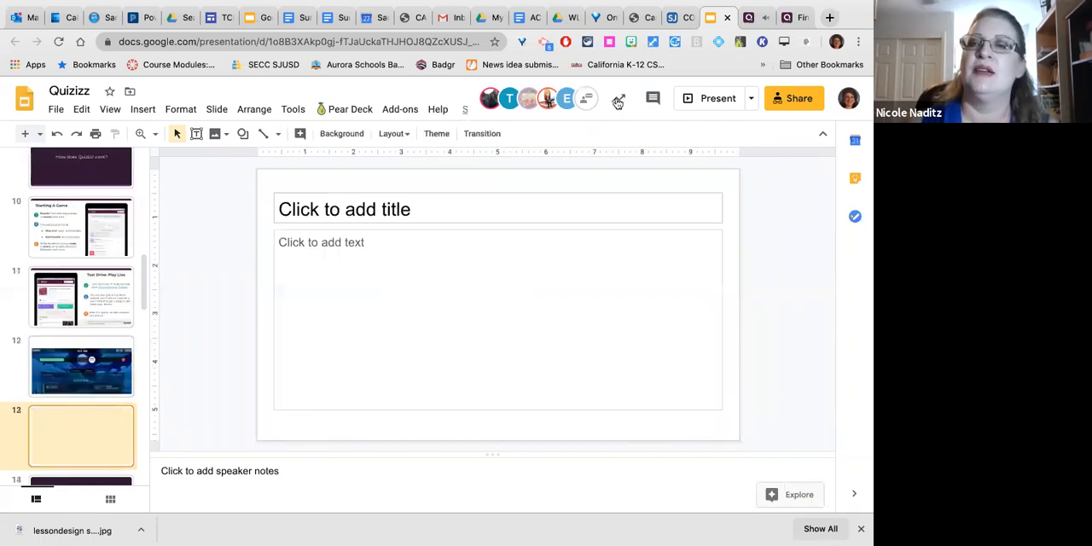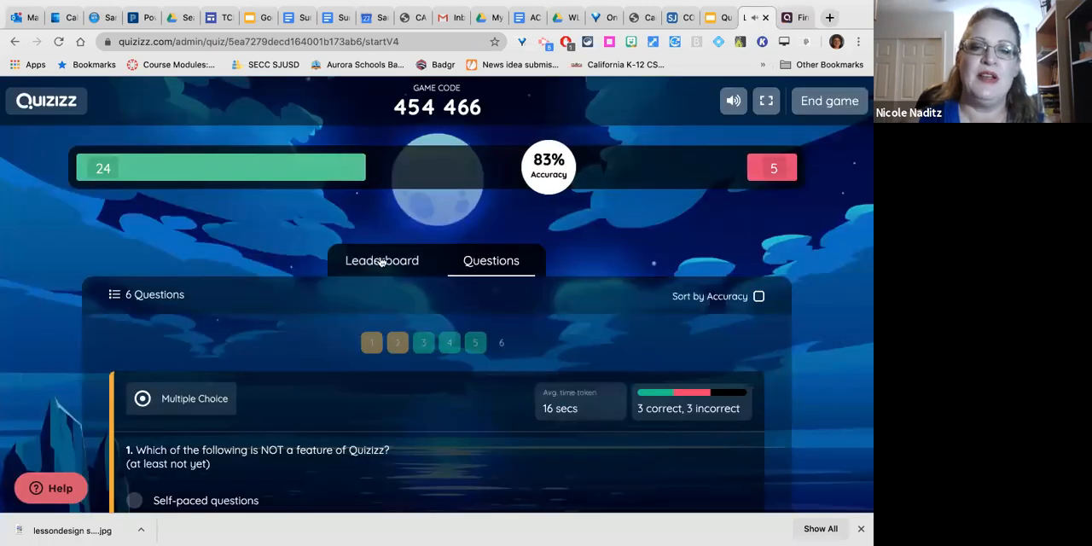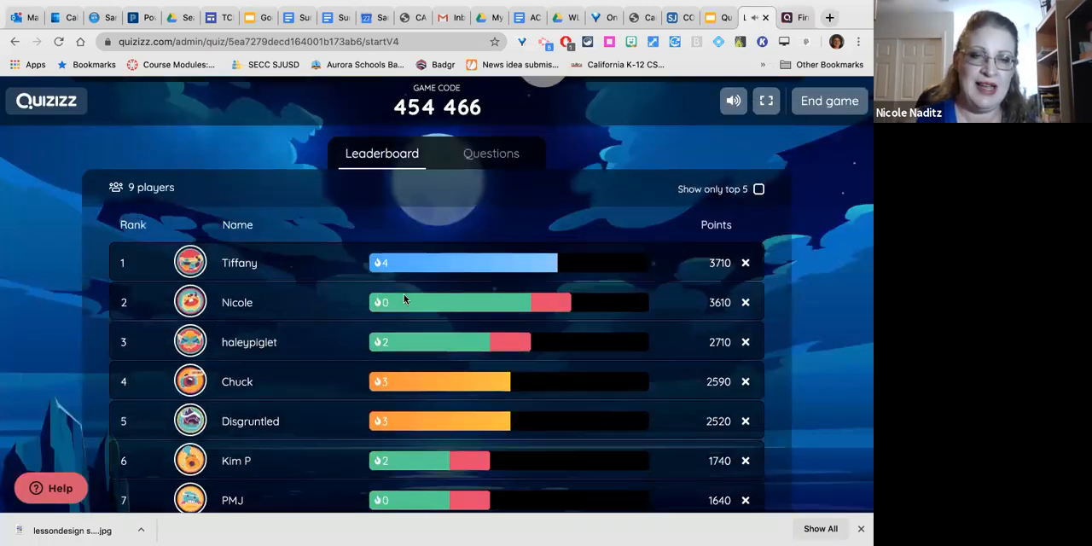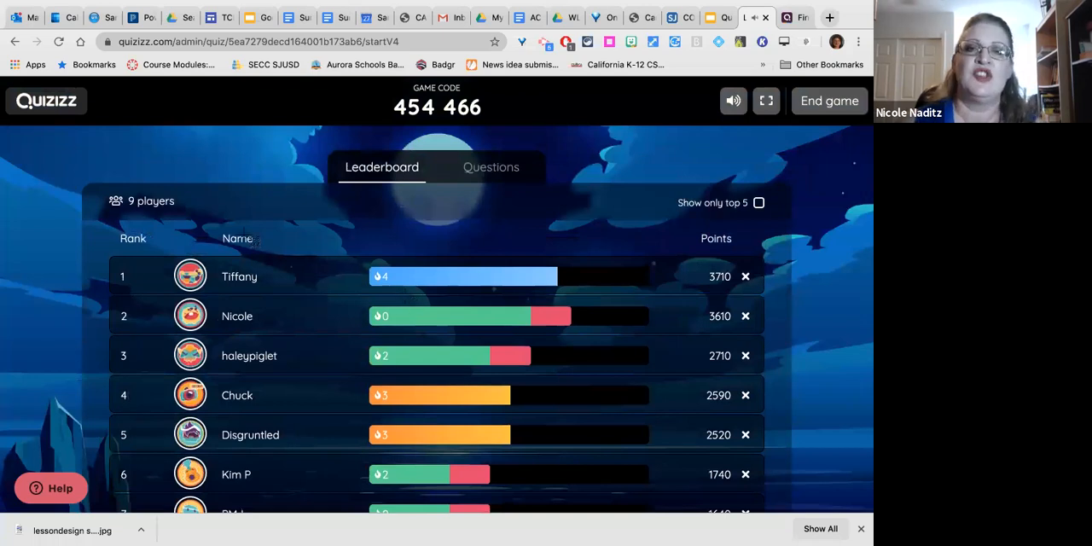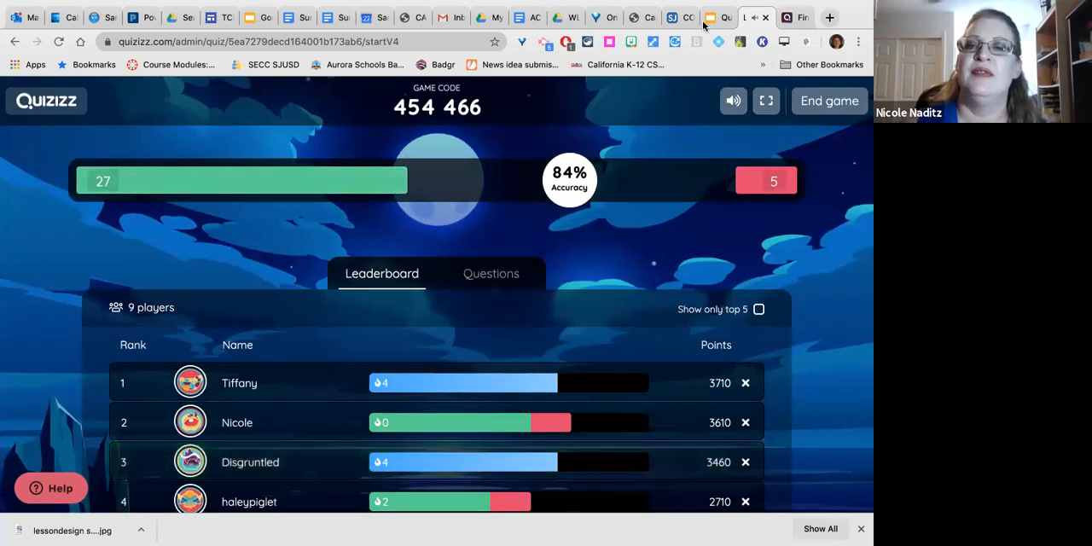And I'm going to add a little shot of the leaderboard also. So I'm going to go to my leaderboard again because I have 2 tabs I can look at. And as you can see, it's showing me my leaderboard right now. And while you're all still playing,